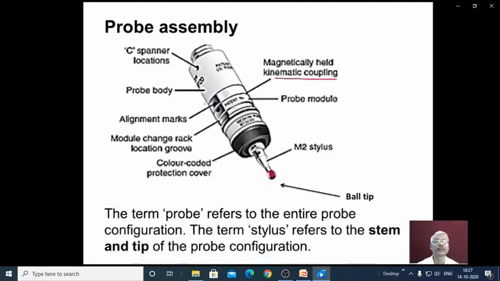We can see the alignment marks here to check whether the assembly of the probe module with the probe body is correct or not, and then we can select the appropriate stylus, and it can be fixed to the probe module. The term probe refers to the entire probe configuration, and the term stylus refers to the stem and tip of the probe configuration. So this is the stem portion, and this is the tip of the stylus.